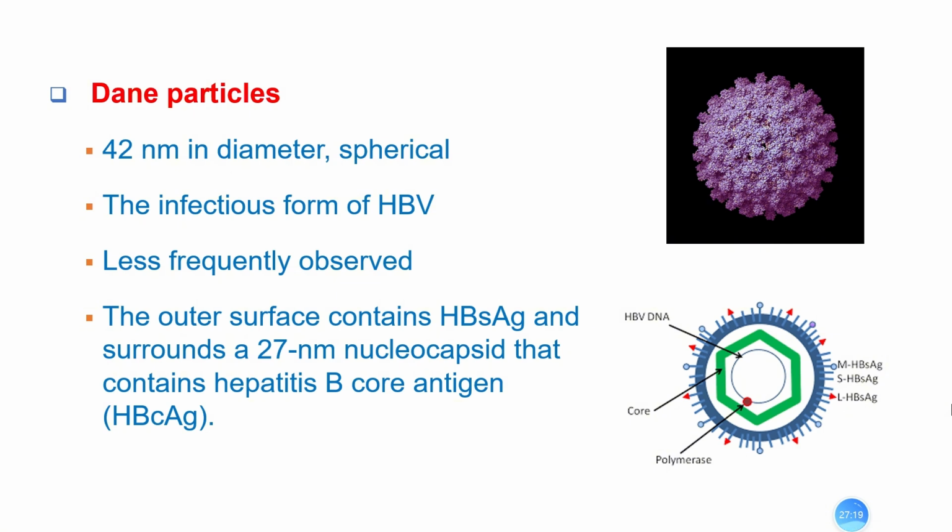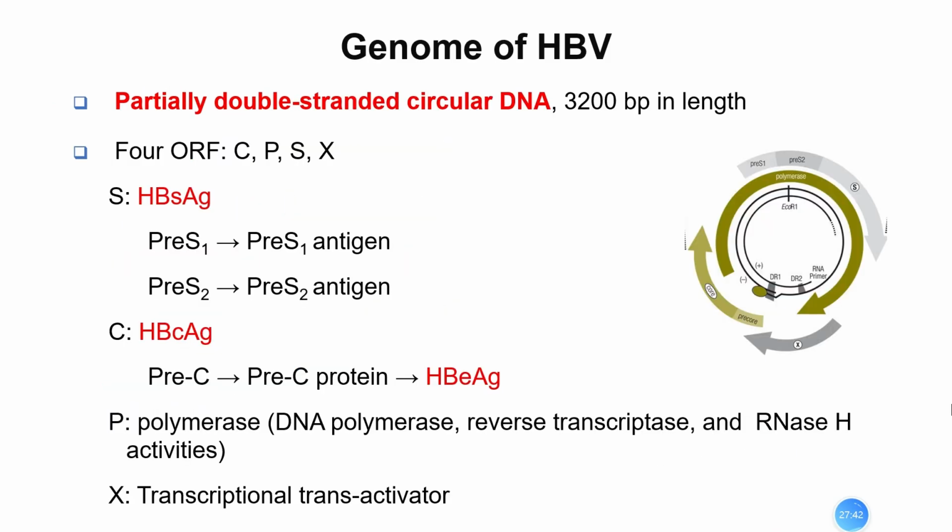And it carries DNA polymerase in a virion particle. And its genome is DNA, HBV DNA. HBV DNA is a very special DNA. From this picture, it's like a circular DNA, right? It's like a plasmid. But actually, the DNA is not a complete